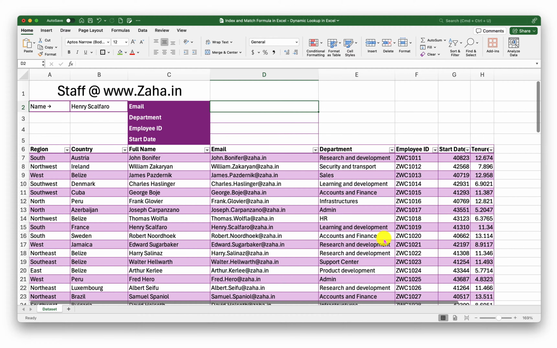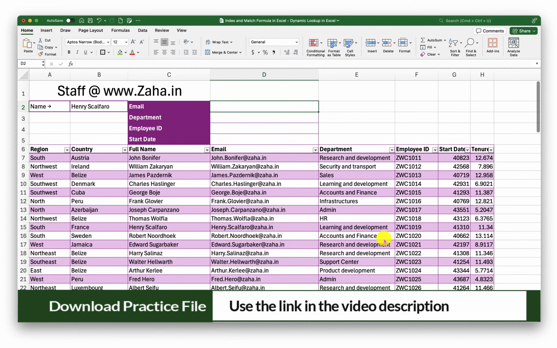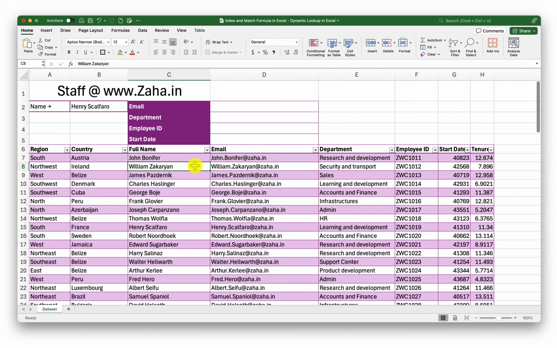In this episode, we will see how to use index and match formula in Excel and build a dynamic lookup in Excel. To follow along with me, please click on the link in the video description to download a working copy of this workbook. On this workbook, I have a single data sheet which is data set, and here I have some data formatted in a table. I would like to extract email, department, employee ID, and start date of any employee that is selected from this